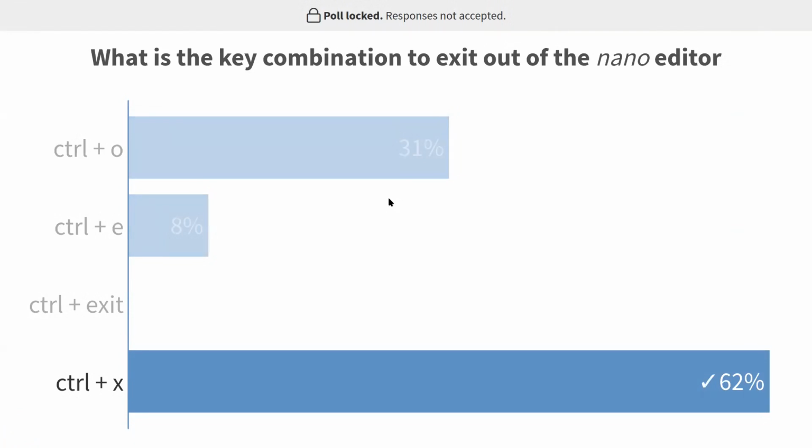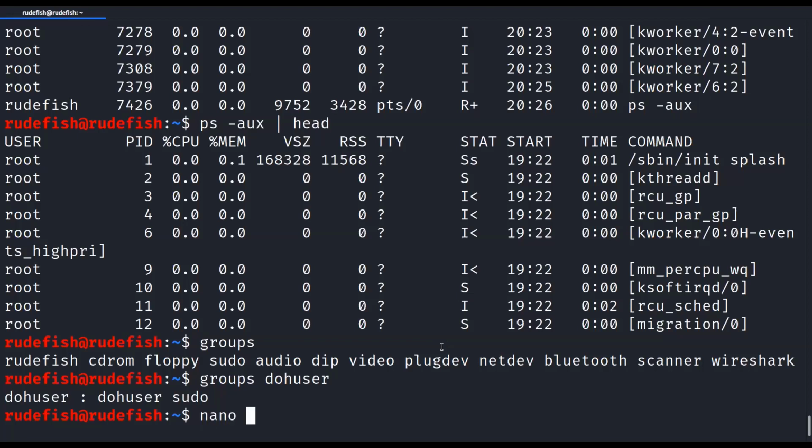Yeah, the answer to exit the nano editor, the key combination is Control X. Control O is to save in the nano editor. So let's quickly confirm that. I'll open up my terminal. So if we have a file open,